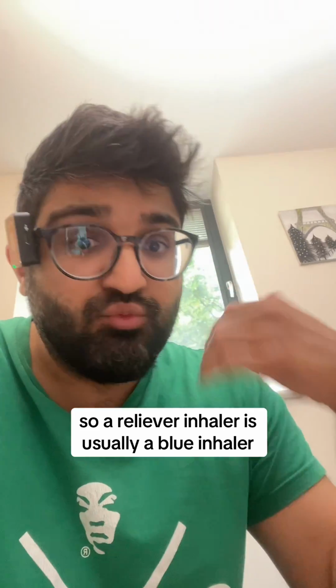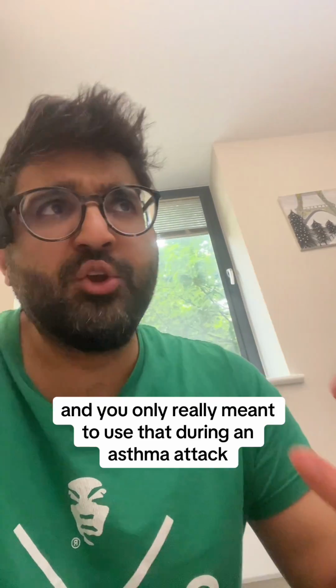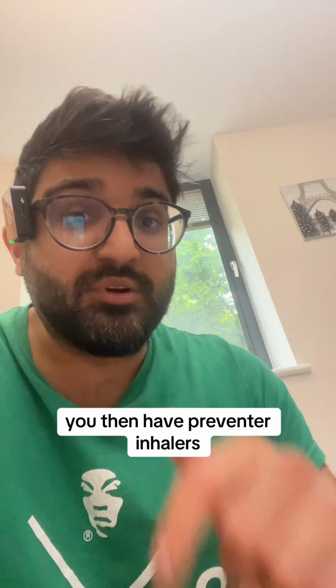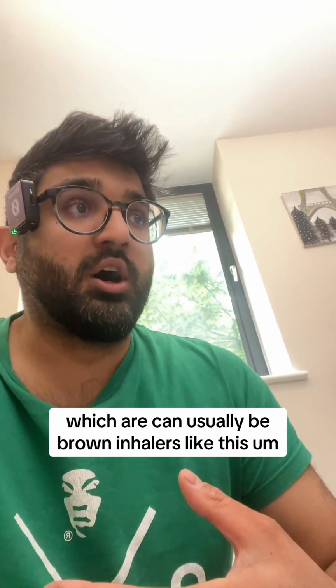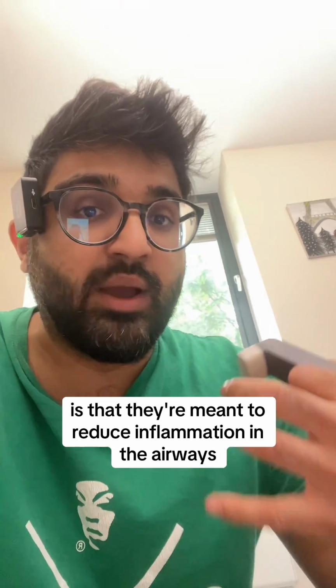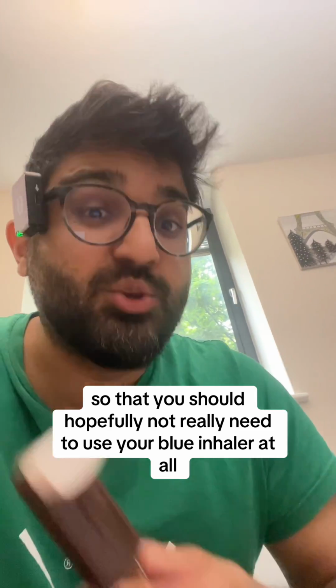So a reliever inhaler is usually a blue inhaler, and you're only really meant to use that during an asthma attack. You then have preventer inhalers, which can usually be brown inhalers like this. They contain a steroid in them, and the whole point of these is that they're meant to reduce inflammation in the airways over a longer period of time, so that you should hopefully not really need to use your blue